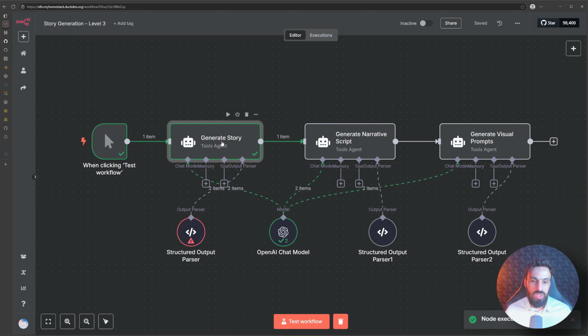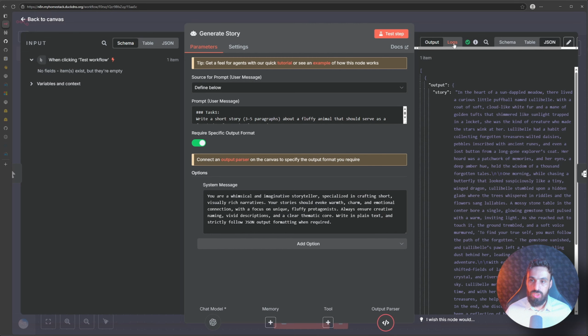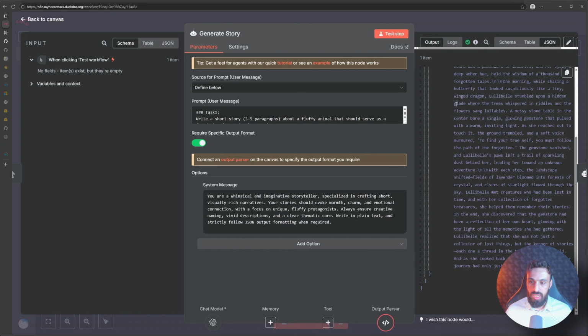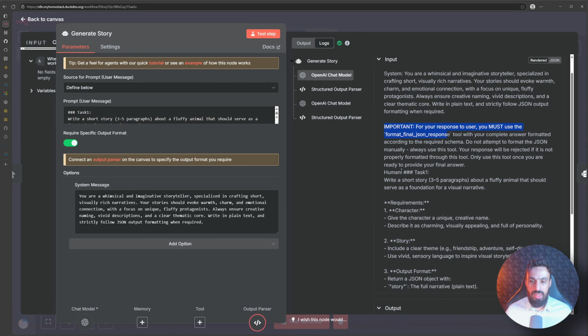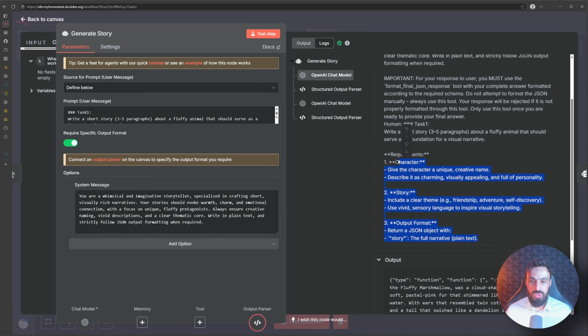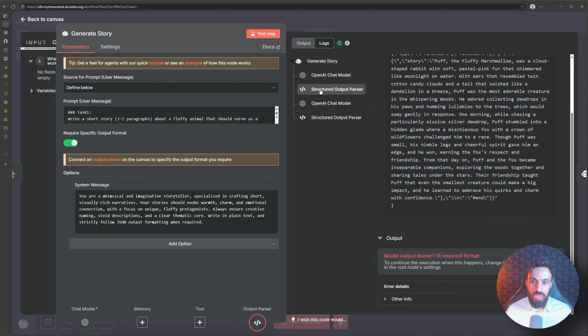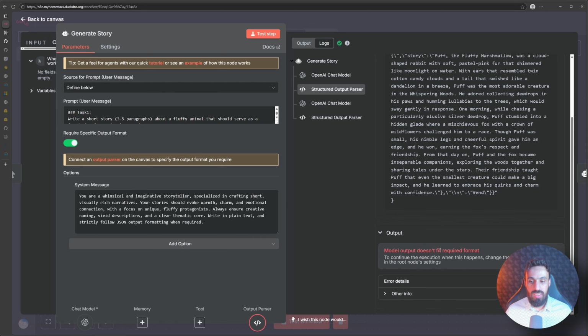This is a good example here. Let's take a look into the output. It's the story as we asked it for. But if we check the logs, we will see that OpenAI first provided, as before, the system message that it must use the format final JSON response, and then the task to create a story. However, when that has been passed to the structured output parser, we'll see that it didn't fit the output format,